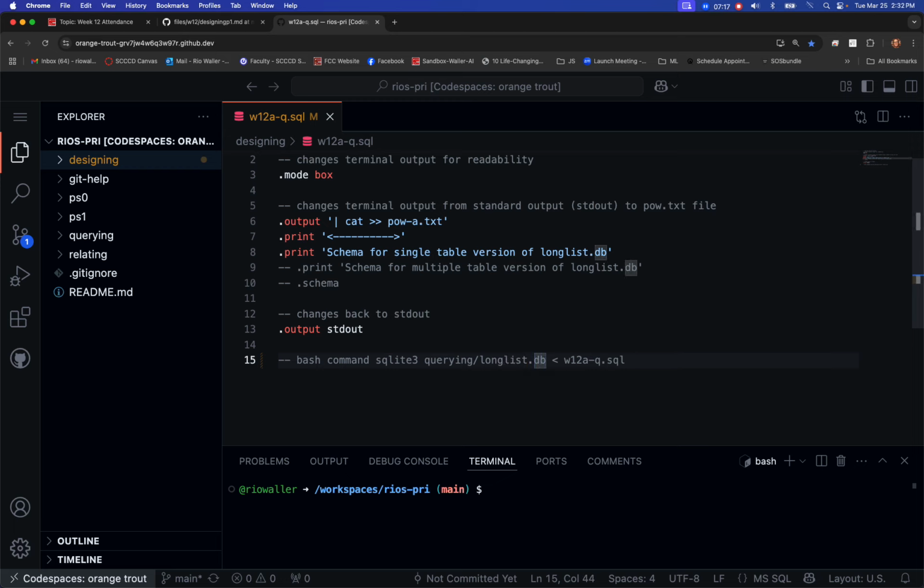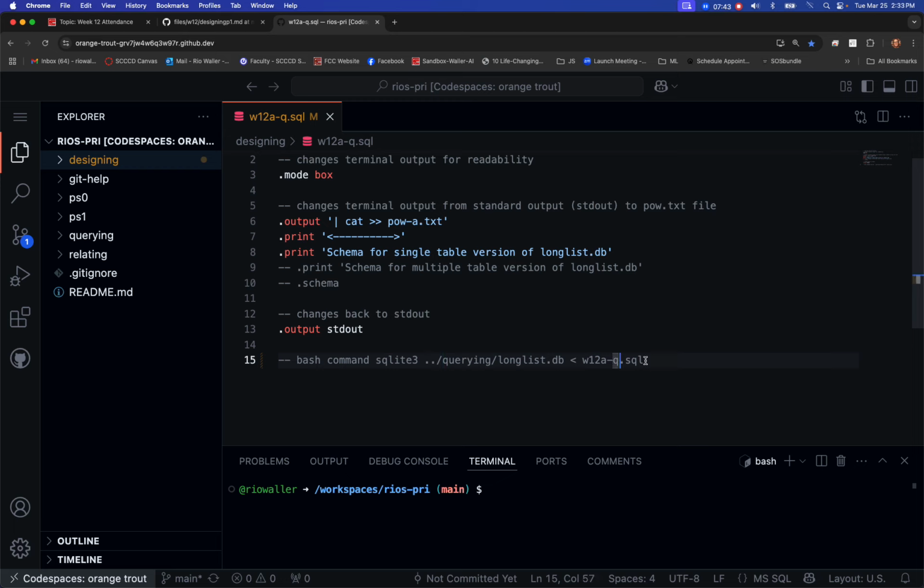You might think that's it. And that's not a bad guess. The problem with this is that in this case, we actually have to back one out, so we're at the same level as querying, as far as the structure goes, but we're currently in the designing folder. So what we need to do here is